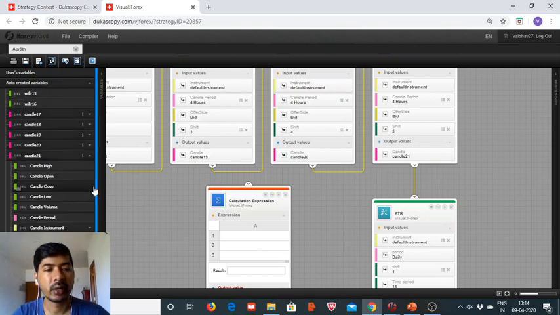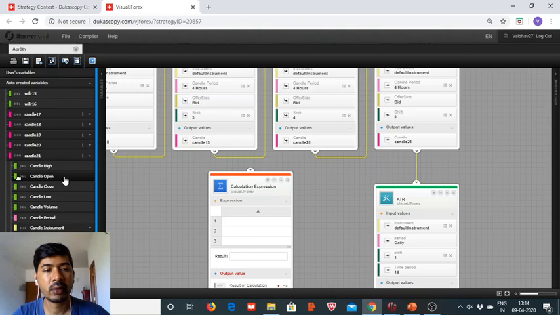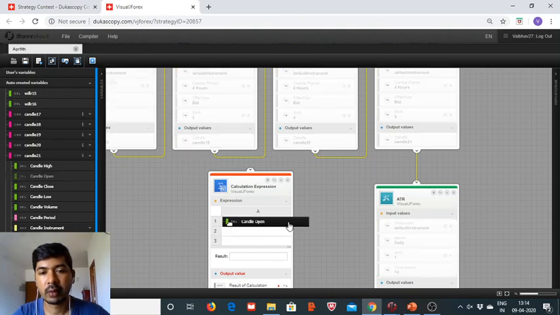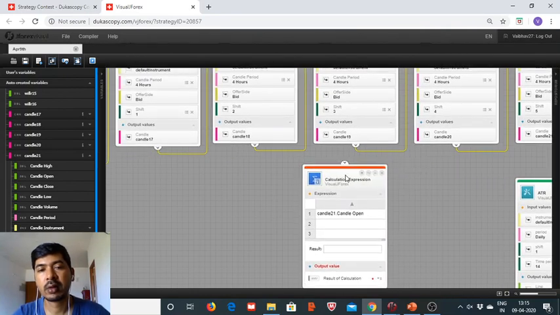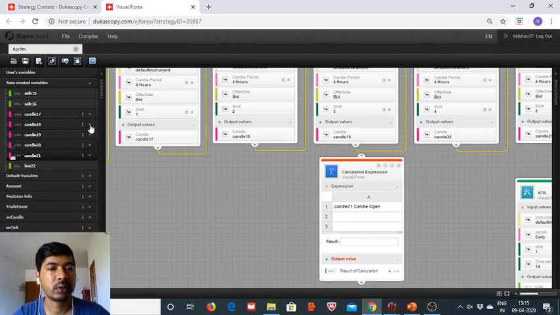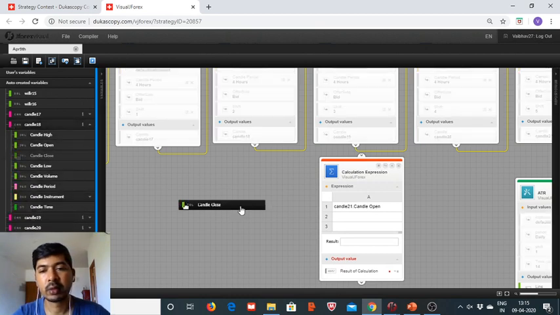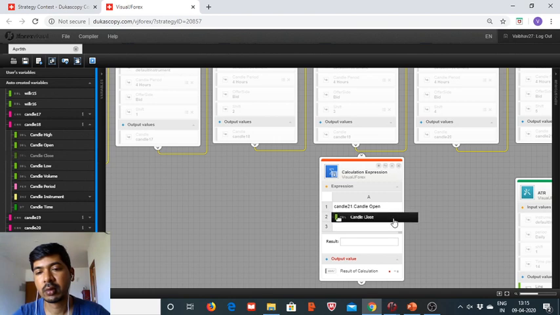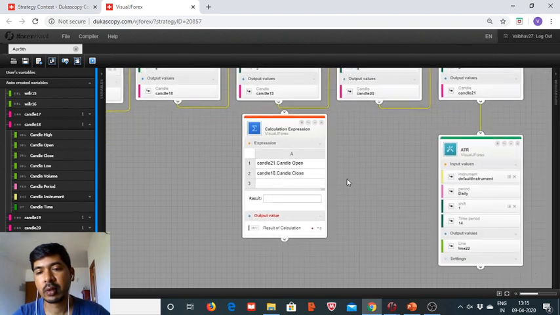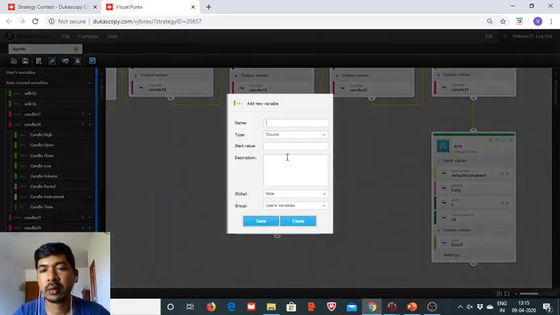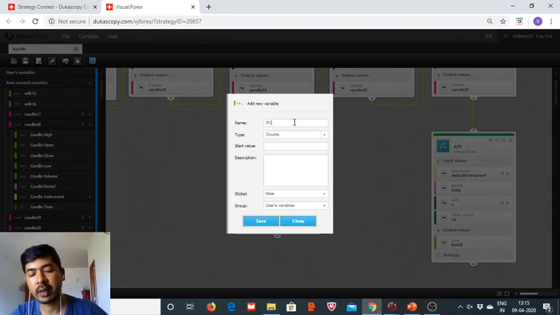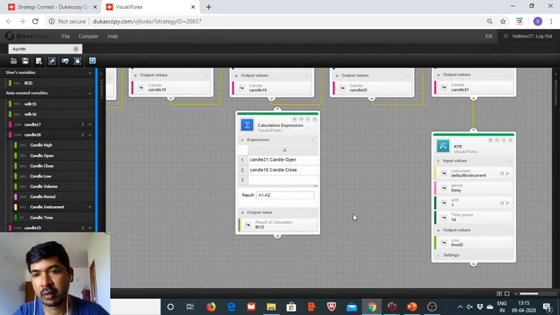Now here comes the candle 21's open price, and we deduct the candle 18's close, and whatever will be the result, we will be comparing it. A1 minus A2 should be, so it will be the buy candle difference, BCD. Okay,